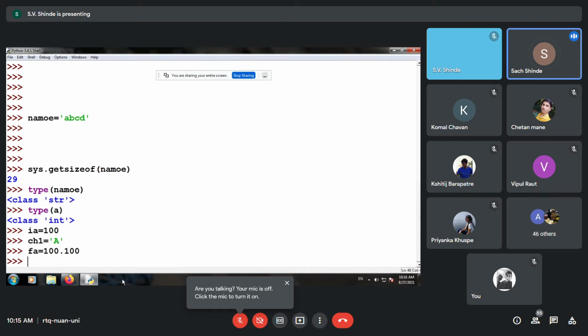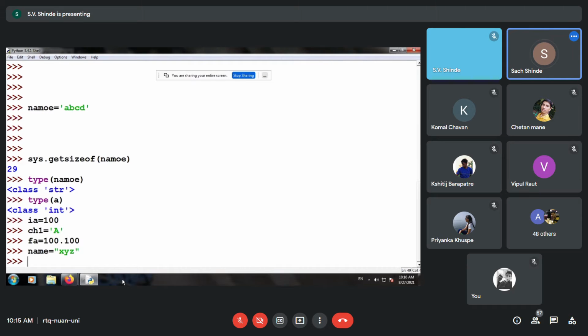Now another variable we'll add, that is constantly used: a string. Let us say xyz is the initialization of the string. Now to identify its data type, we have the function named type.